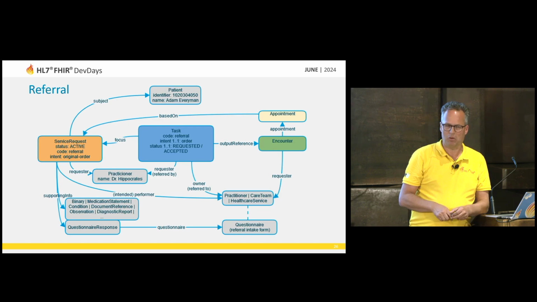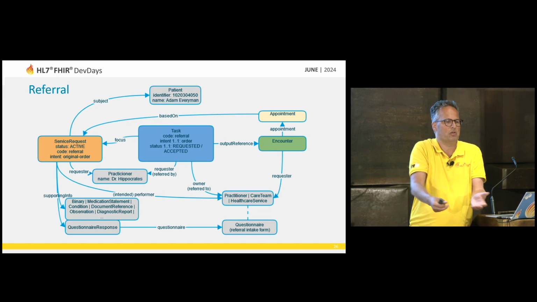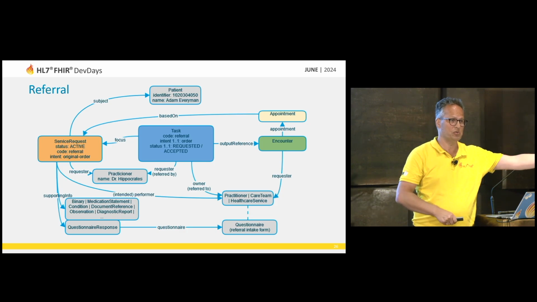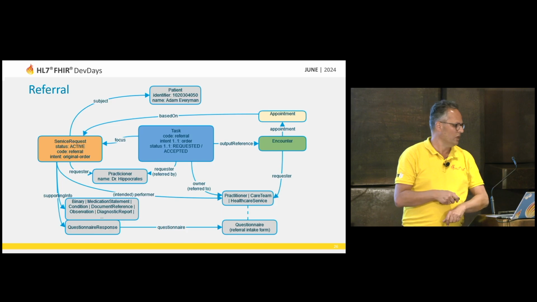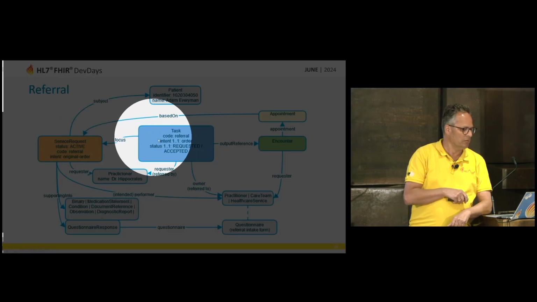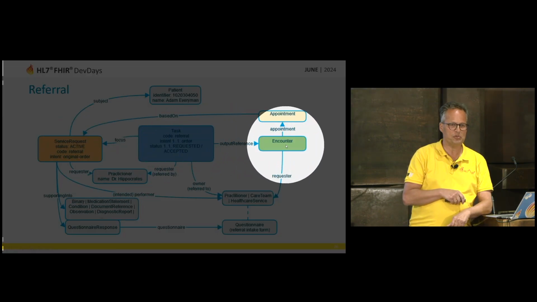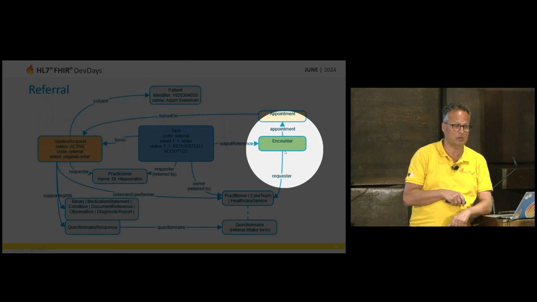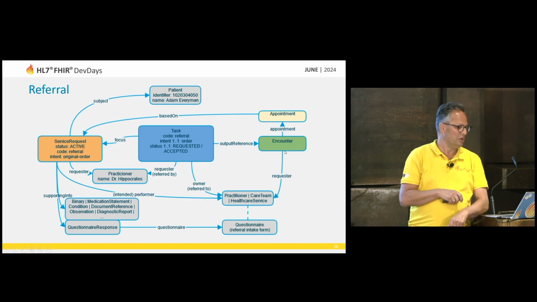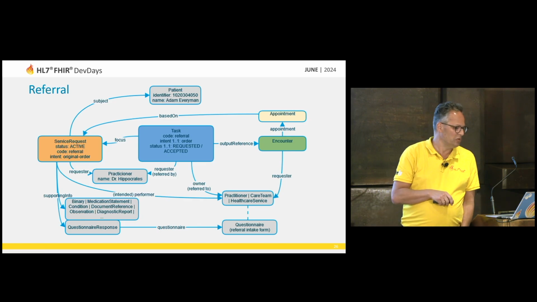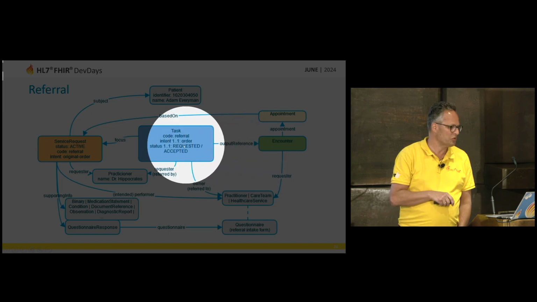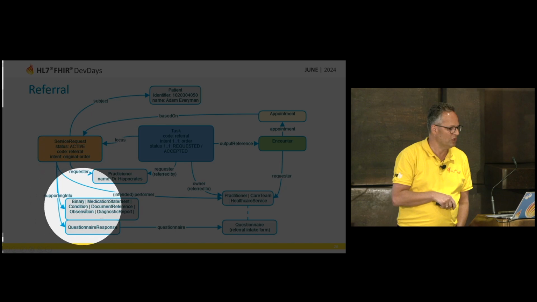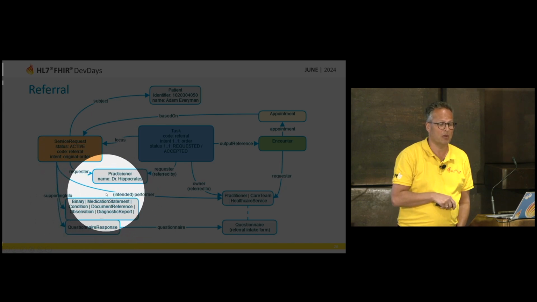Okay, a referral. Well, what's a referral? A referral is basically another request. I want you to do something, which is to continue treatment of my patient. So a service request has a task and results ultimately in an encounter. So it's still the request event pattern that we talked about before. But if you have a referral, then you may wish to provide additional information. As we see here, the service request has supporting information, which could be the summary of our current encounter or something,